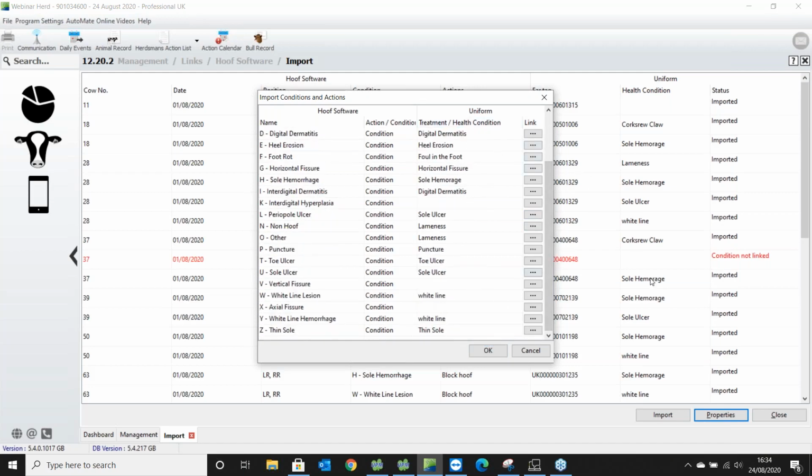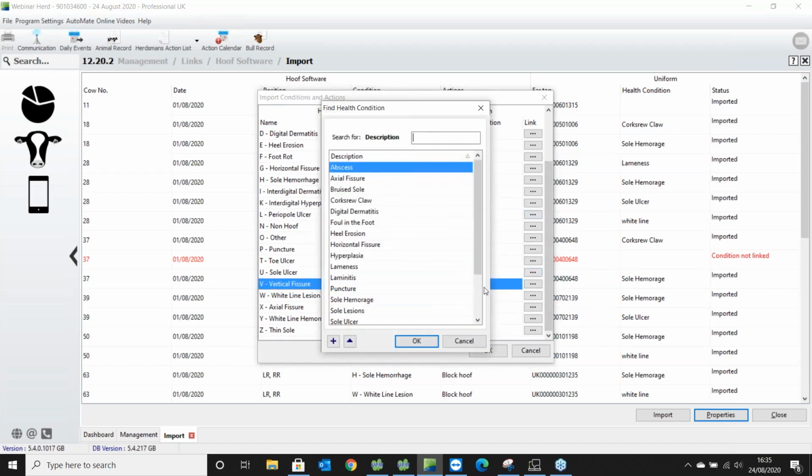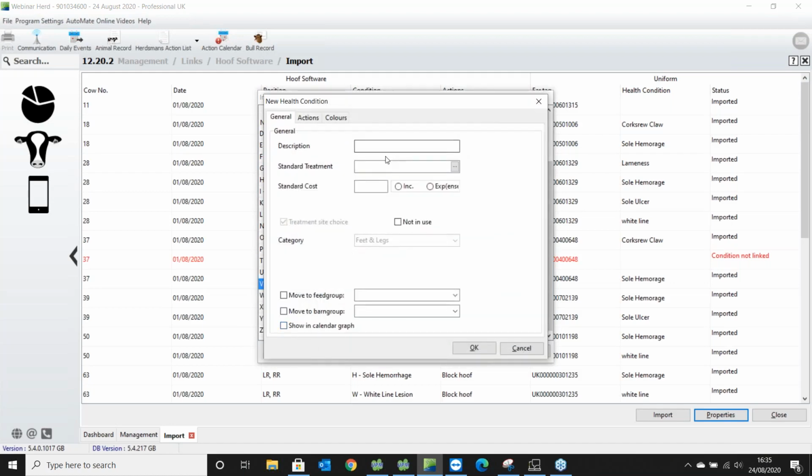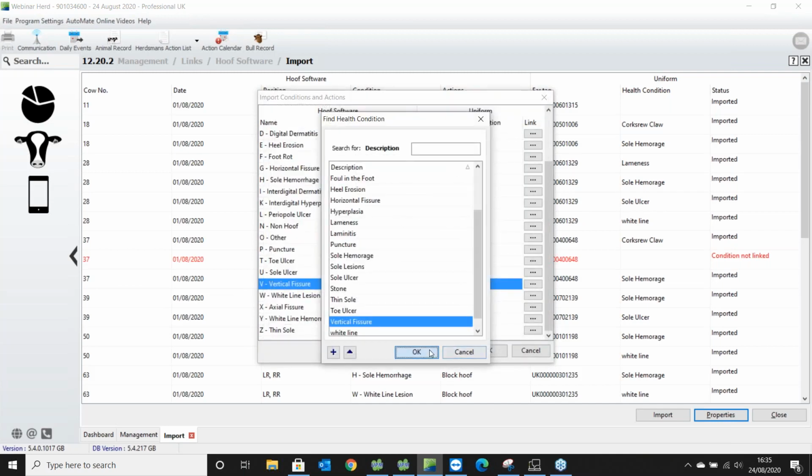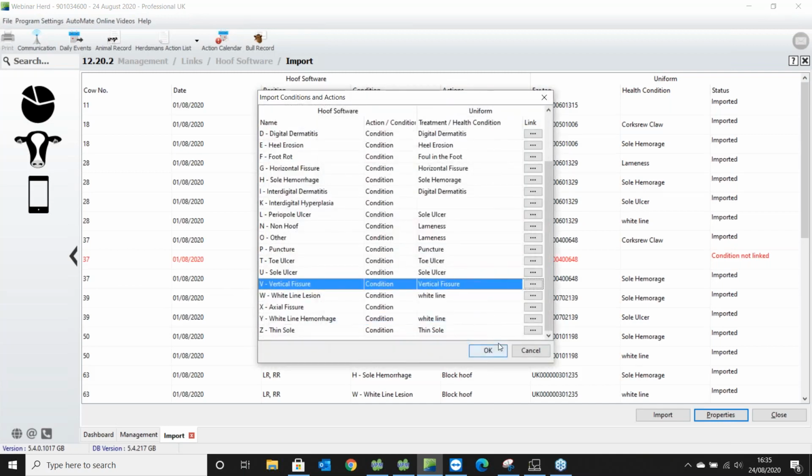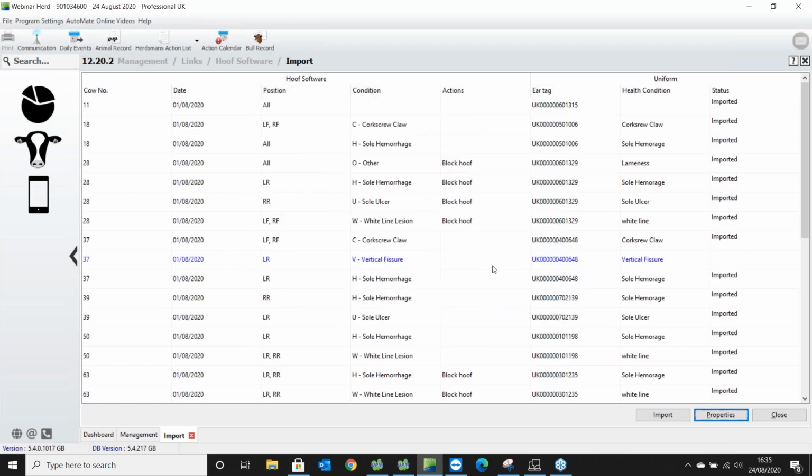Where there's one that doesn't match, as you can see, there's one with a red match, we can go on to that one and either link it to open the existing one, or if we want to create a new one, we just go to there and we say vertical. You see that now goes blue, so it confirms that's going to be imported, and then we just press import